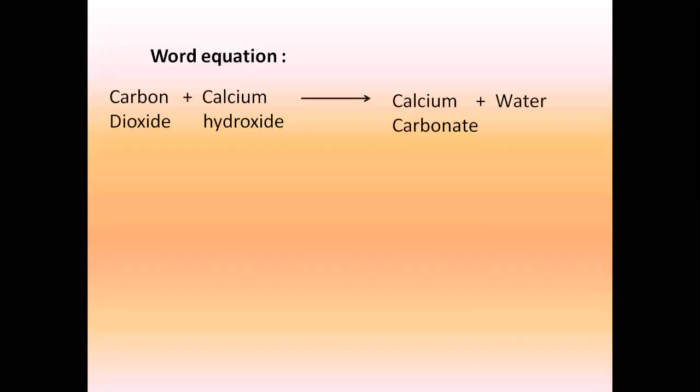Let's try to write the word equation and chemical equation for the same. Initially, word equation you can tell me. क्या लिया था हमने test tube में? What we had taken in the test tube? Lime water, very good. What's the formula of lime water? Calcium hydroxide, in which I had blown out air. The air was carbon dioxide. So that's my word equation. Carbon dioxide plus calcium hydroxide, because calcium hydroxide is nothing but lime water. And when this happens, I get the precipitate of calcium carbonate plus water.